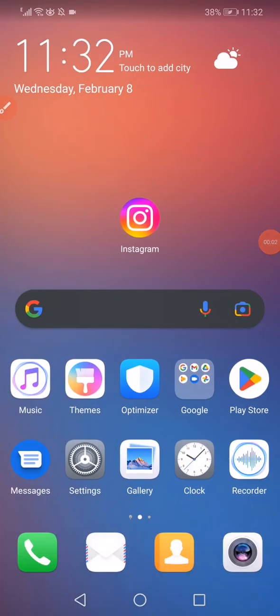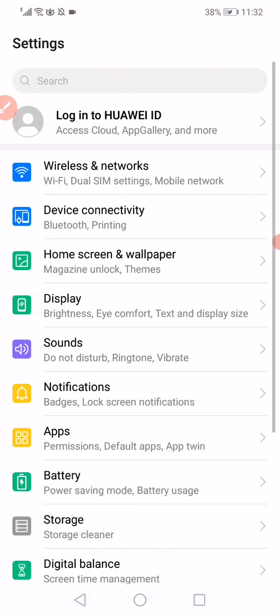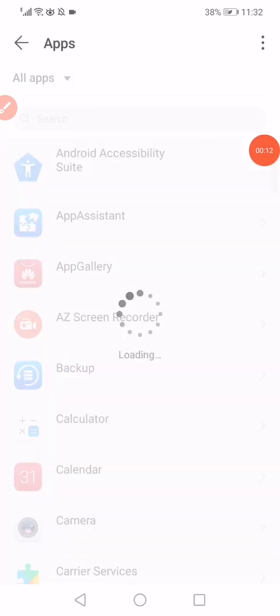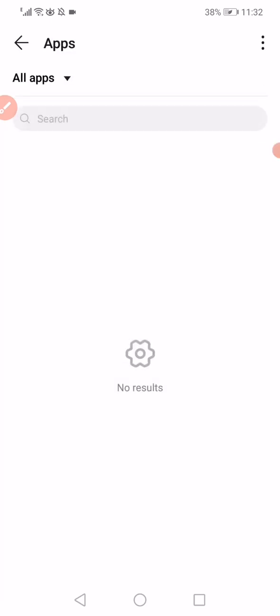On this short quick video, I'm gonna show you how to fix Instagram error problem. First thing, open the settings and then go to the apps. When you open the apps manager, now all you wanna do is wait a few seconds